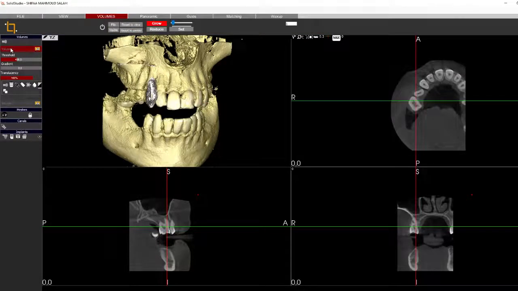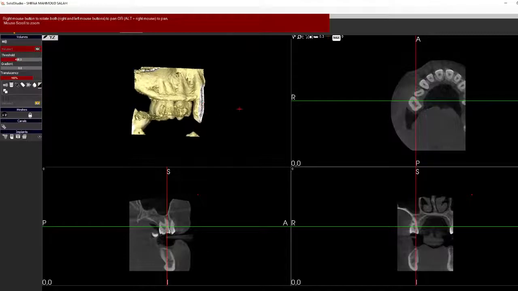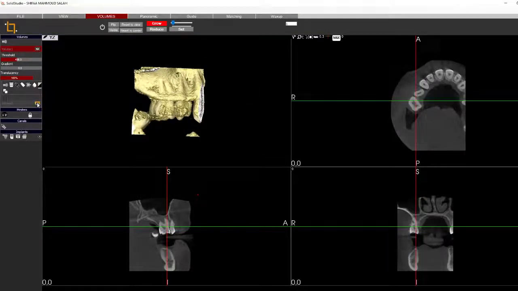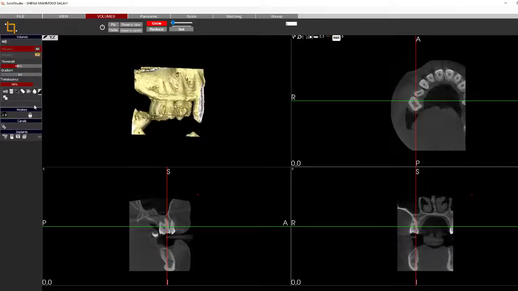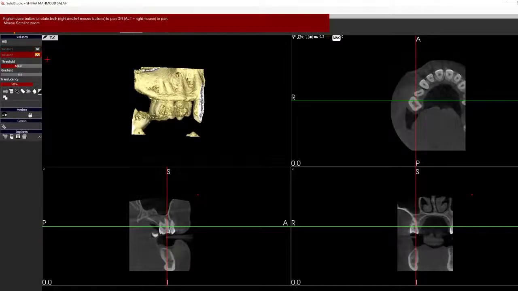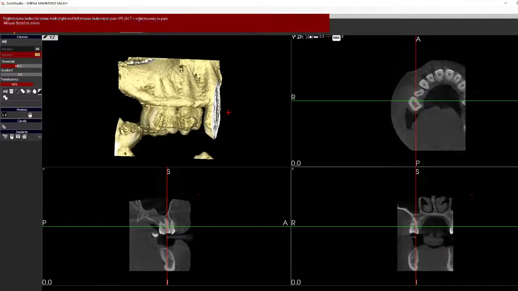Now, 2 volumes will appear. The main volume is volume 1. If we hide it, the second volume that we have cropped will remain. Okay, again, we click on the volume so that we can modify the